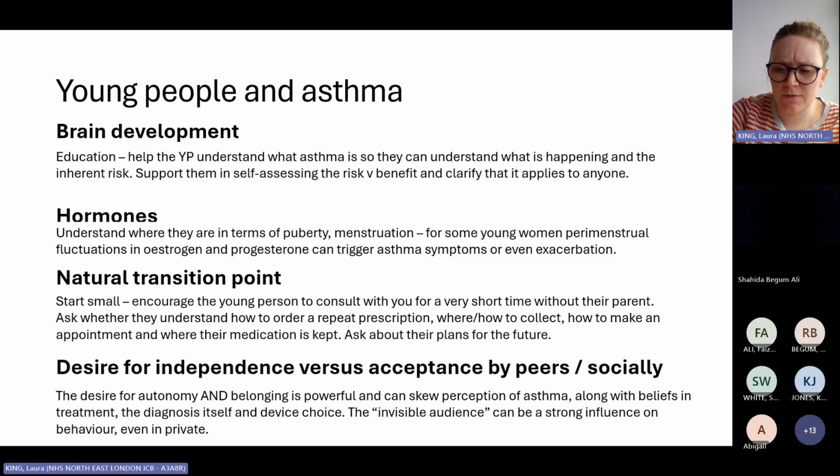If you're having asthma for the first time, or previously well-controlled asthma is now flaring, it can be really difficult. I'm going to move on a little bit and think more about your opportunities here. So when we're thinking about the young people that are moving from primary to secondary school, starting to think about carrying their own inhalers, having their own plans, maybe having a mobile phone for the first time,